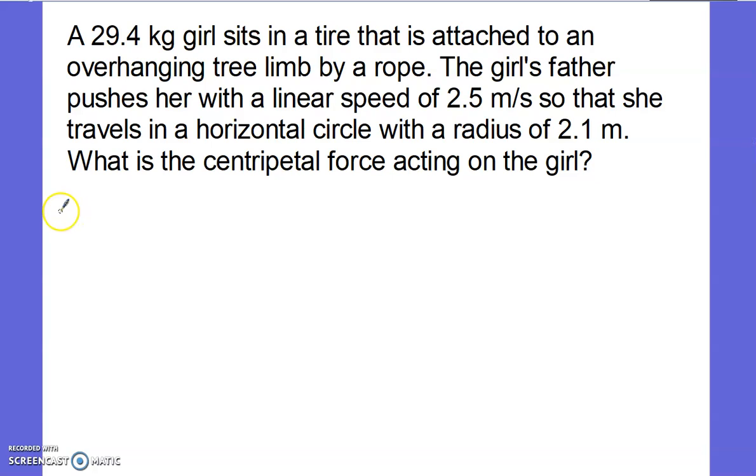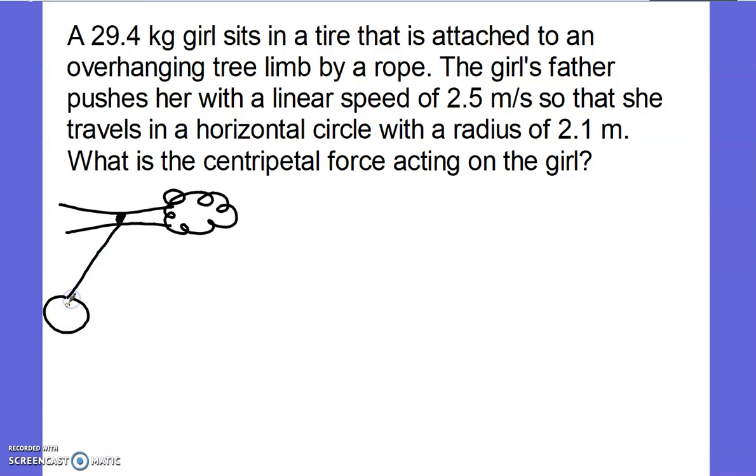So in this problem here, we have our tree limb. And then we have the tire rope here. Then the girl sits inside the tire, and it's going to swing in a circle like that. Now we are told